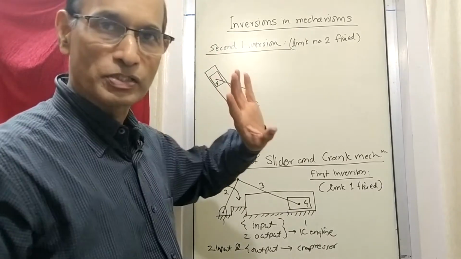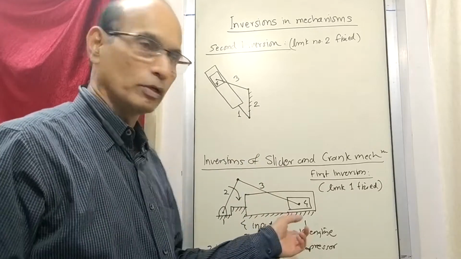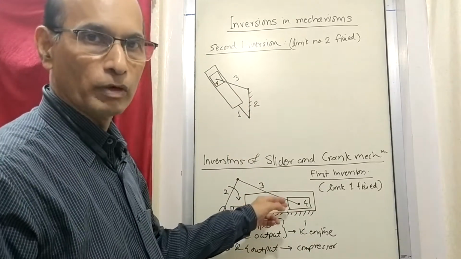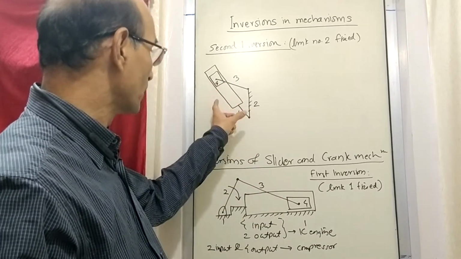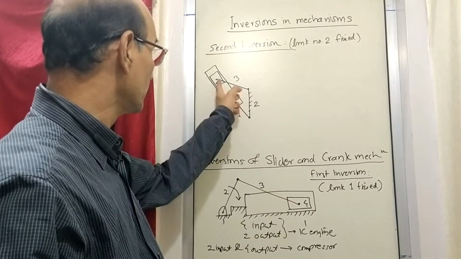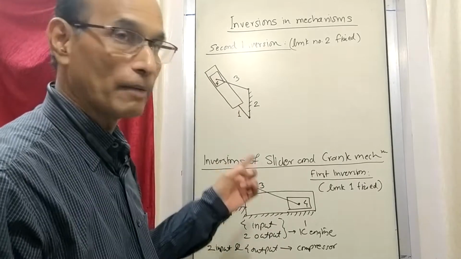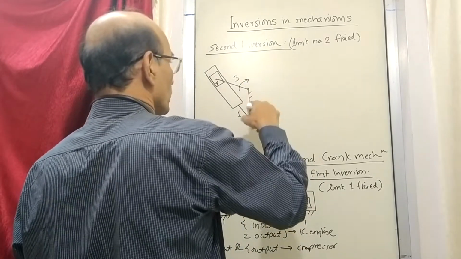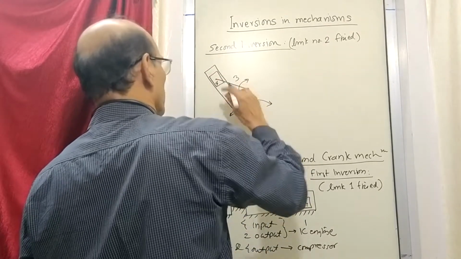As you have seen earlier, the shape is not important. Shape can be anything. You have to take the concept. So link number 1 looks like this, and inside link number 1, link number 4 is sliding. This was the same thing, but the only difference is link number 2 is fixed, and link number 3, which is connected to link number 4, is here, and 4 is sliding. Now here, maybe you are giving input to link number 3, and when this 3 rotates, 1 also will oscillate like this, and 4 will slide like this.